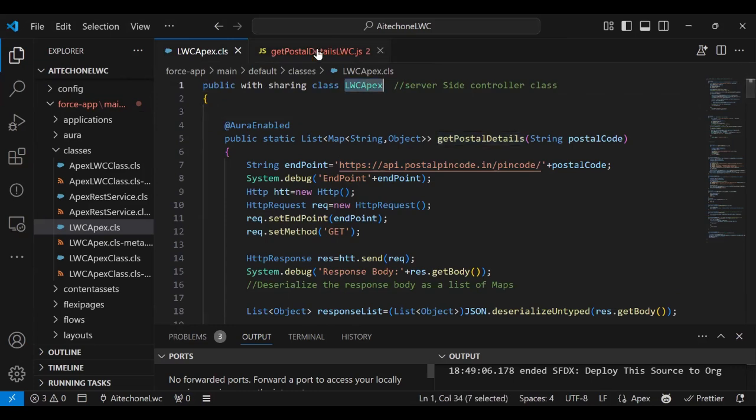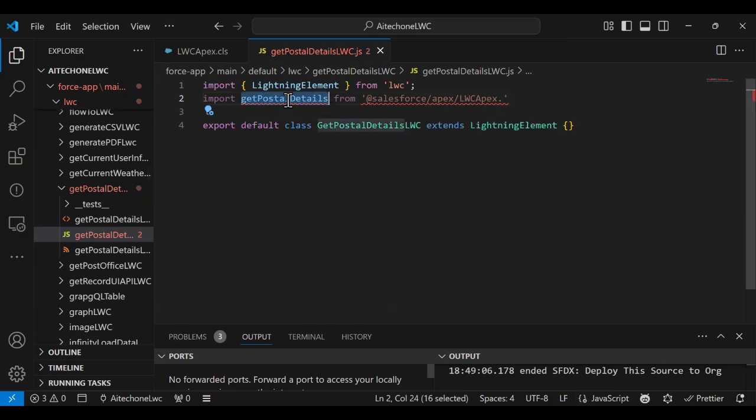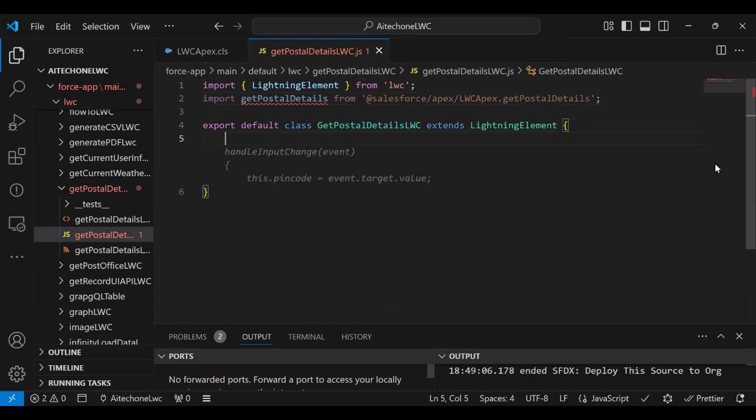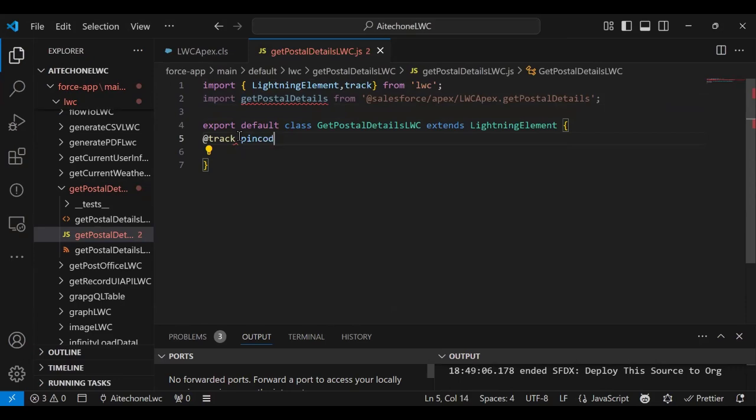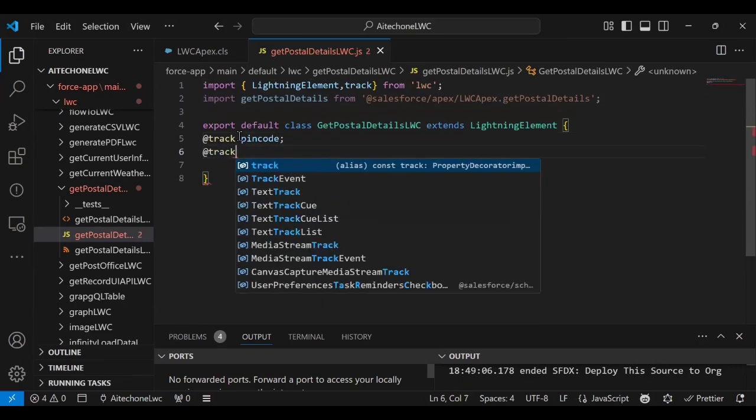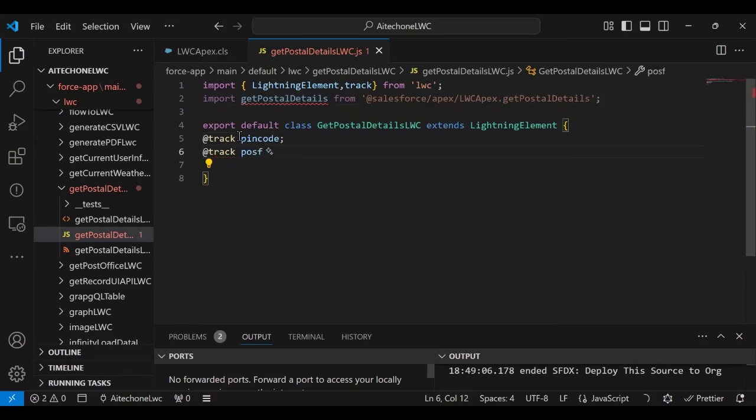The class name is LWC Apex, and the function name is get postal details. Now I need to declare a few properties, and the decorator I'm using is the track decorator. The properties I'm going to declare here are @track pinCode, and @track postOffices, which is the list where we are going to store all of our post